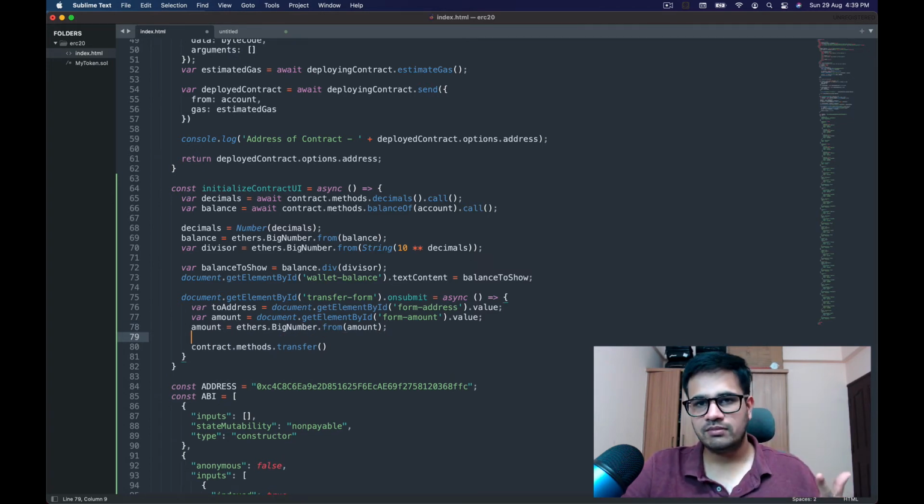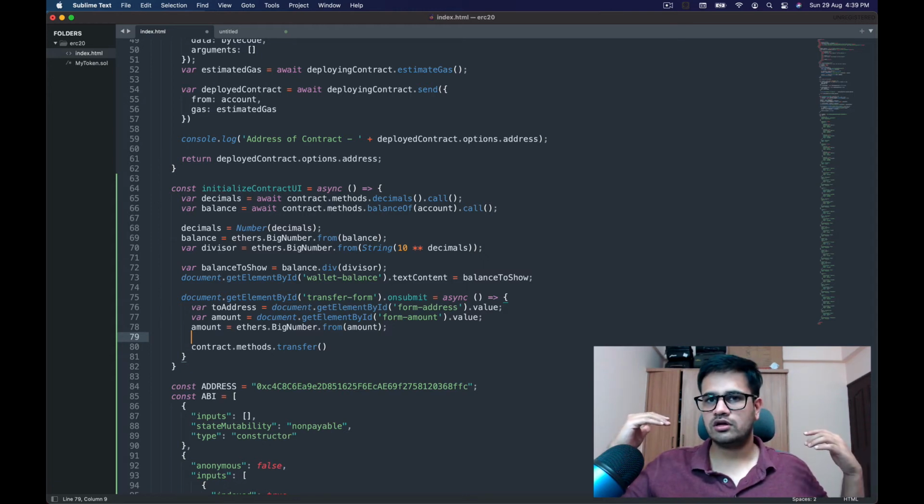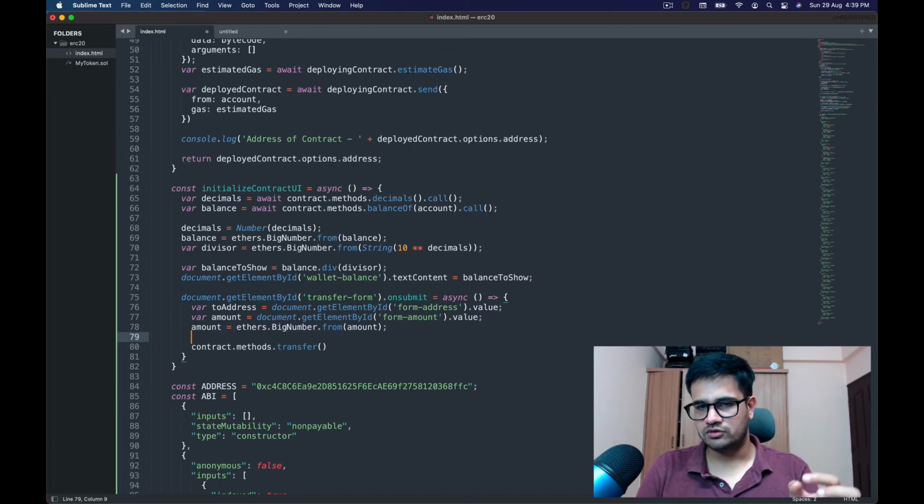Now I need to multiply this with the number of decimals that we have, because on the blockchain we can't send floating amounts, we can only send integers across. So if the decimals are shown as 18, the UI converts the total integer that you're receiving: it divides by 10 to the power 18, and then shows you how much you have.